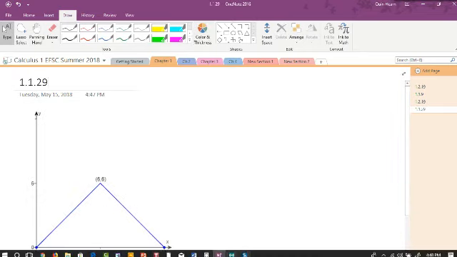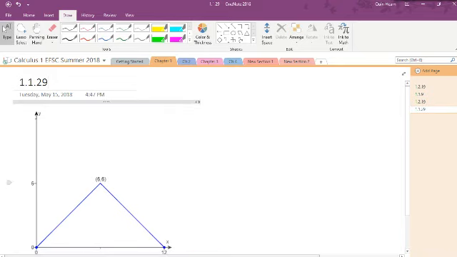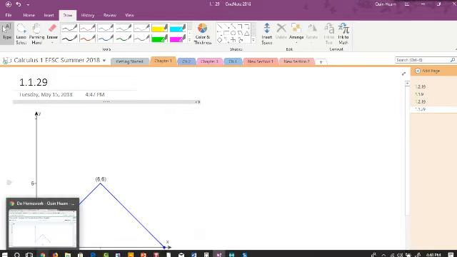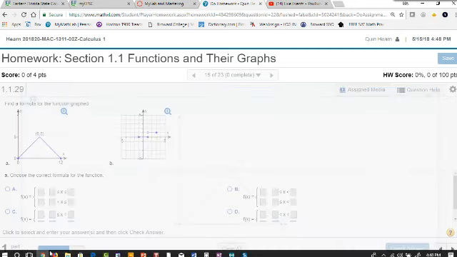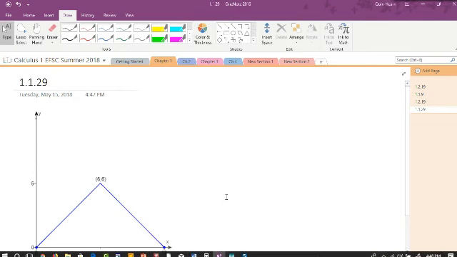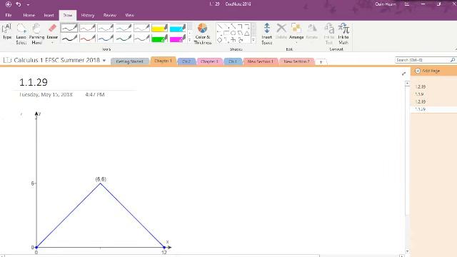I think that's 1.1.29, was it? Yeah. Okay, for this item,